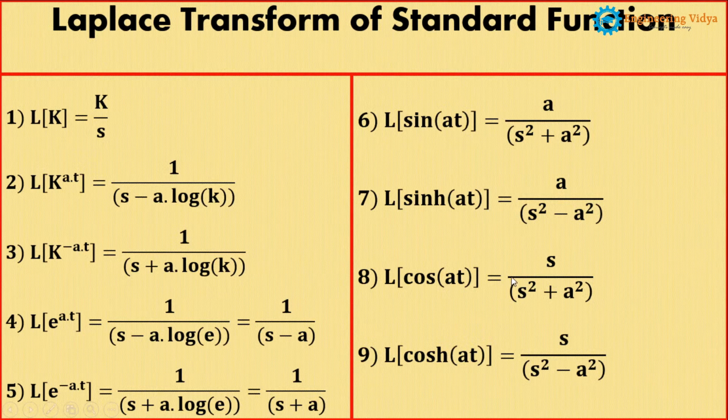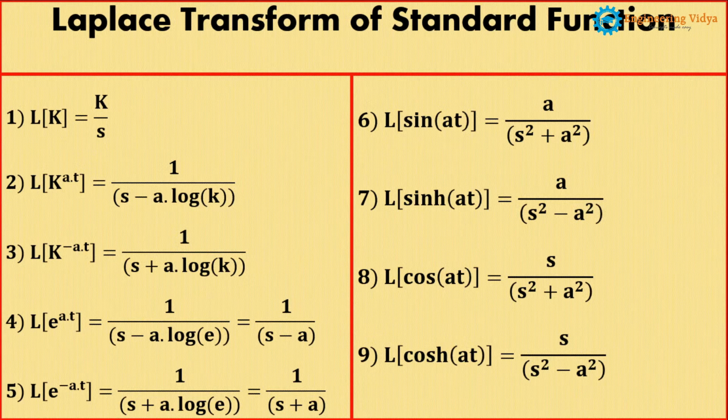And in the case of the numerator, one more trick is there. Whenever you get a sin, the numerator will be a. Here we have sin, so the numerator is a, and here we have sinh, so the numerator is a. If you get a cos in the input, then the numerator will be s. This is a cos, so here we have s, and here also we have a cosh, so here we have s. I hope this is understood. So in total we have completed 5 different formulas of the Laplace transform.